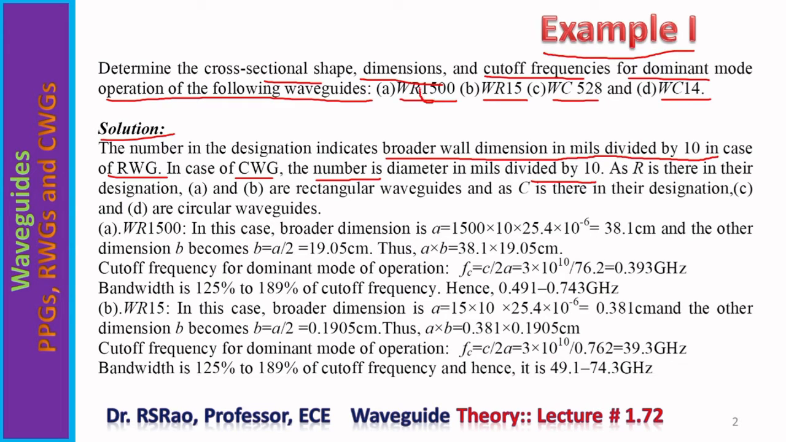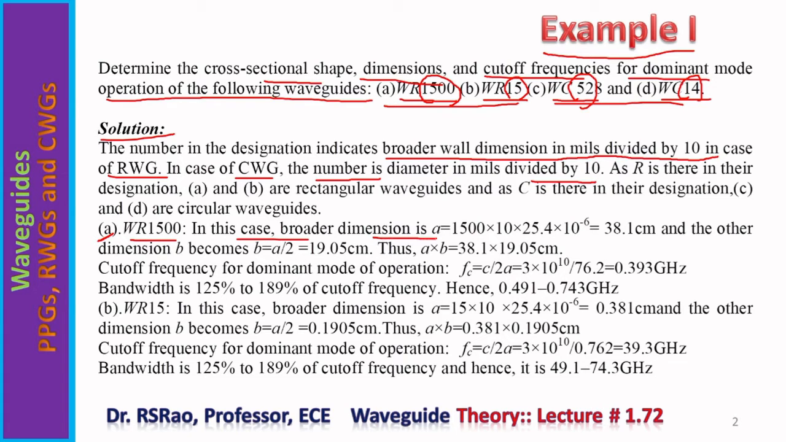He is talking about this 1500, 15, 528 and 14. These numbers carry certain meaning. Now, when it comes to designation, R indicates that this designation pertains to rectangular waveguide, and C in the designation indicates that it pertains to circular waveguide. So first two, A and B, are rectangular waveguides, C and D are circular waveguides. Now we go to A,